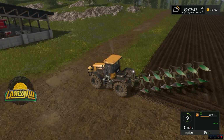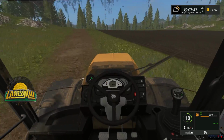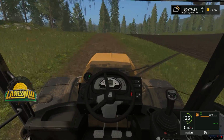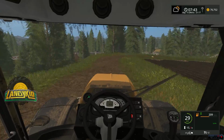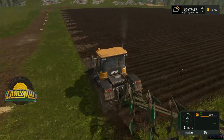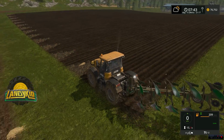I don't know if you guys even saw this plough, to be honest. But this has been my main rig. This is my favourite tractor in game currently. It may change later down the line, but for the foreseeable future I see us using the JCBs quite a lot. My next tractor was going to be the Fast Track 800 series, or 8000 series, but